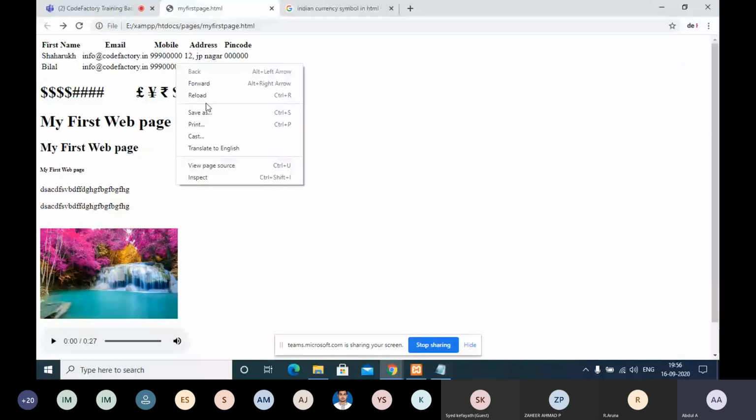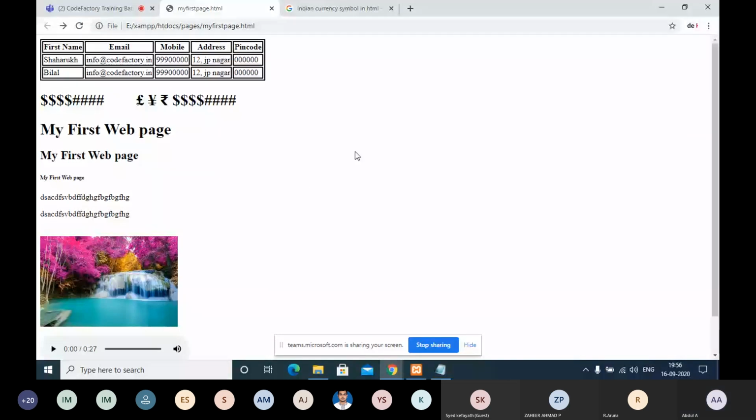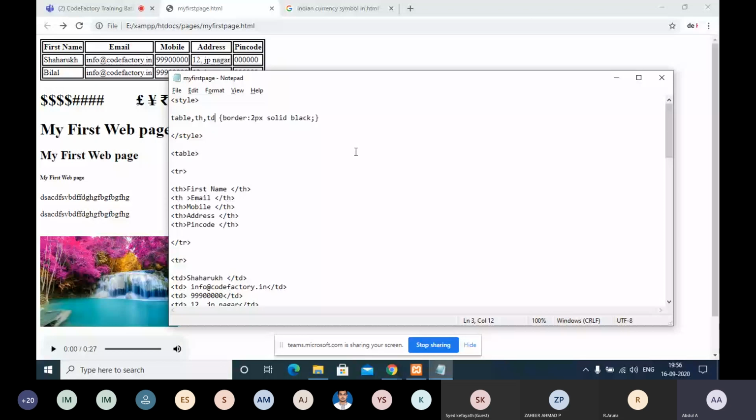Have you got the borders in all the cells, guys? Yes, sir. Yeah, that's it, guys. In styling there are a lot of things, but some basics we must know. We don't want to go advanced because that is why we have included the Bootstrap styling framework in our curriculum. We will teach you Bootstrap, so even if you don't write any styling, everything will come automatically. In the initial days, writing all the styles and syntaxes may be confusing.